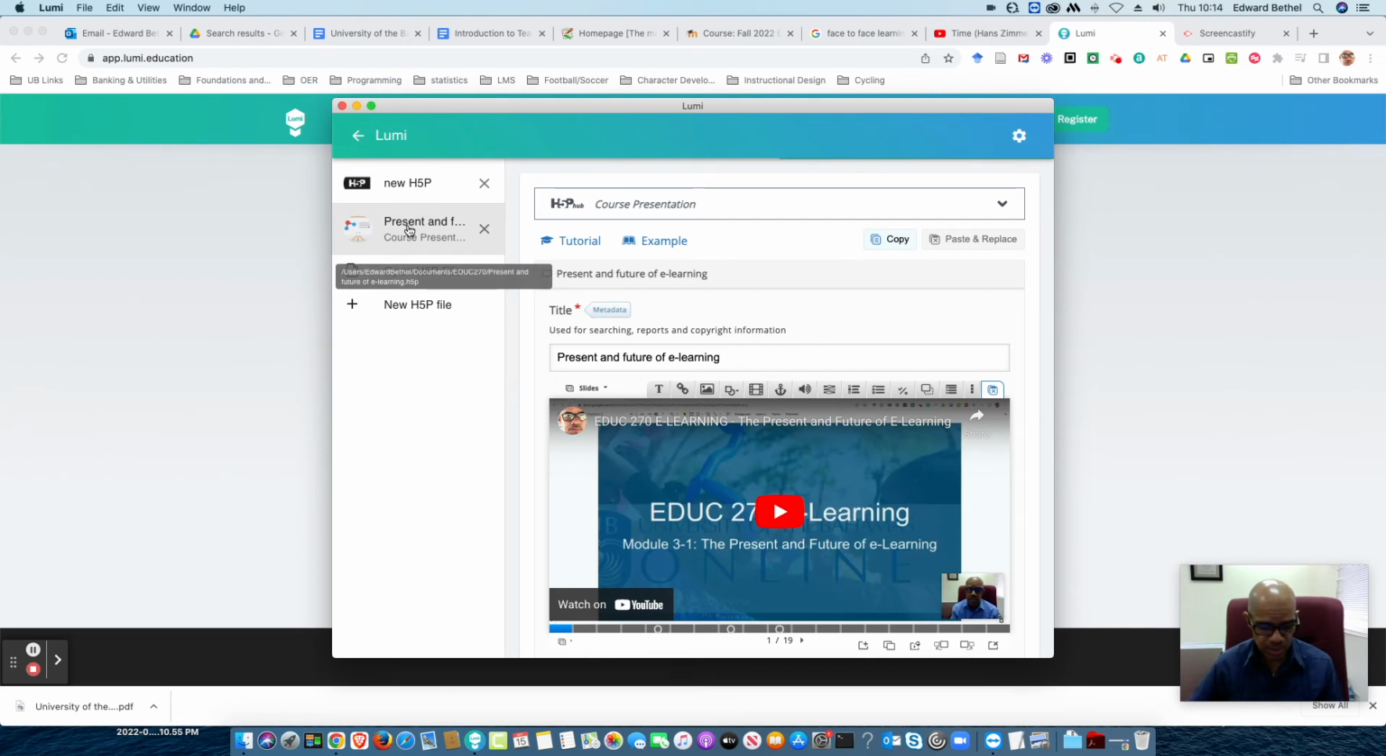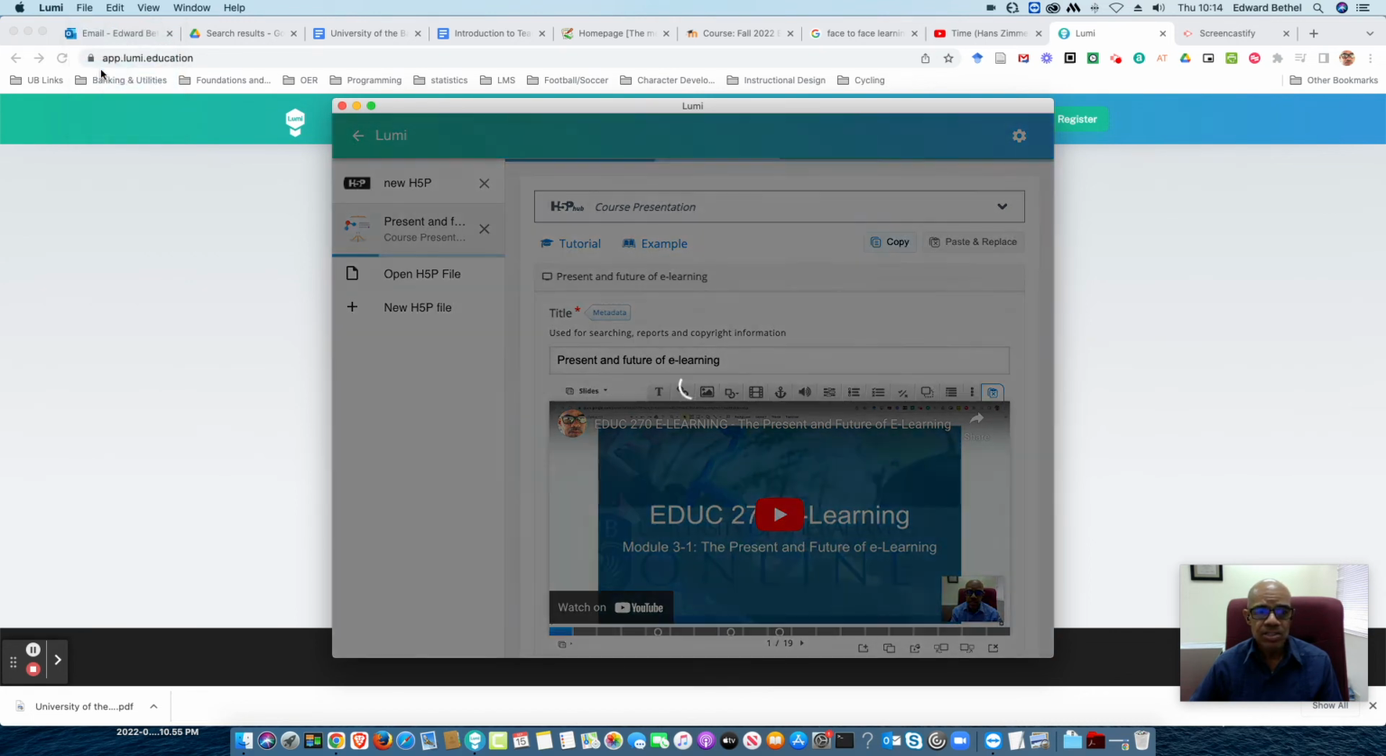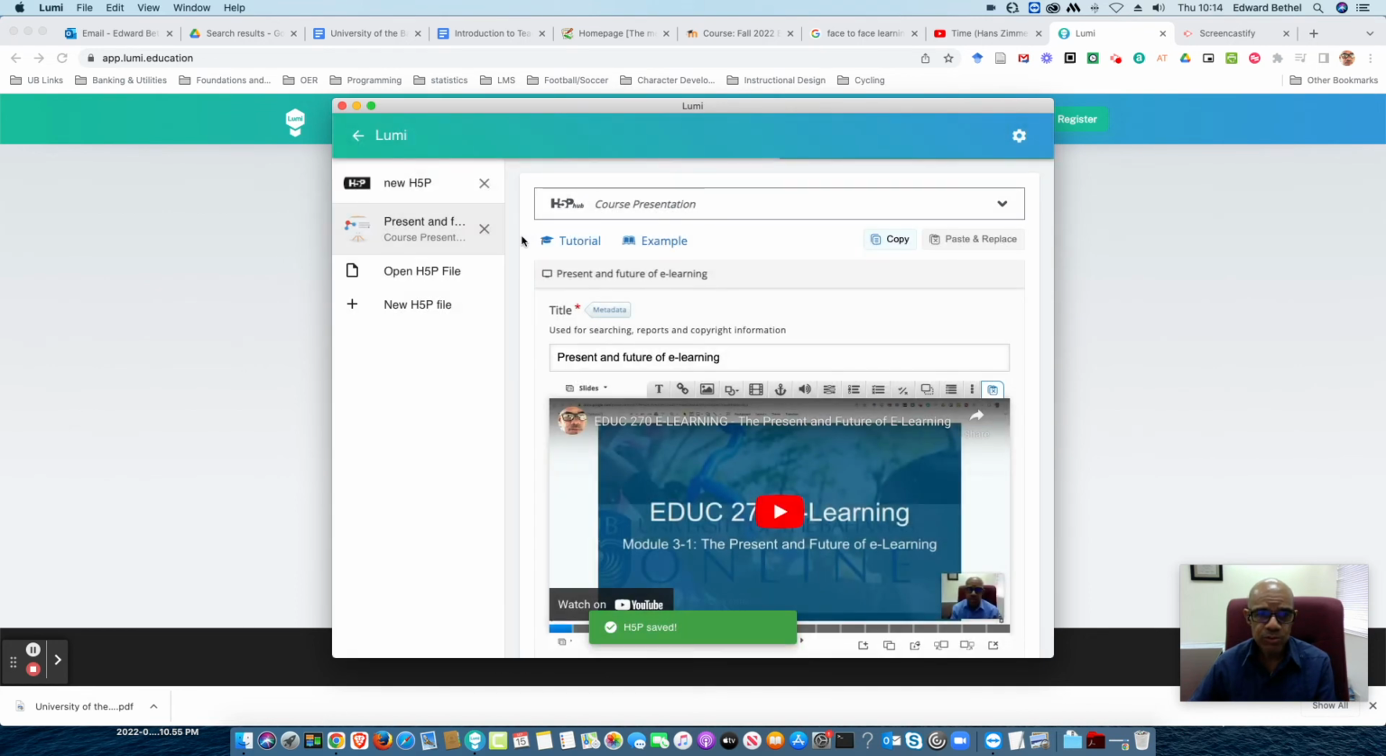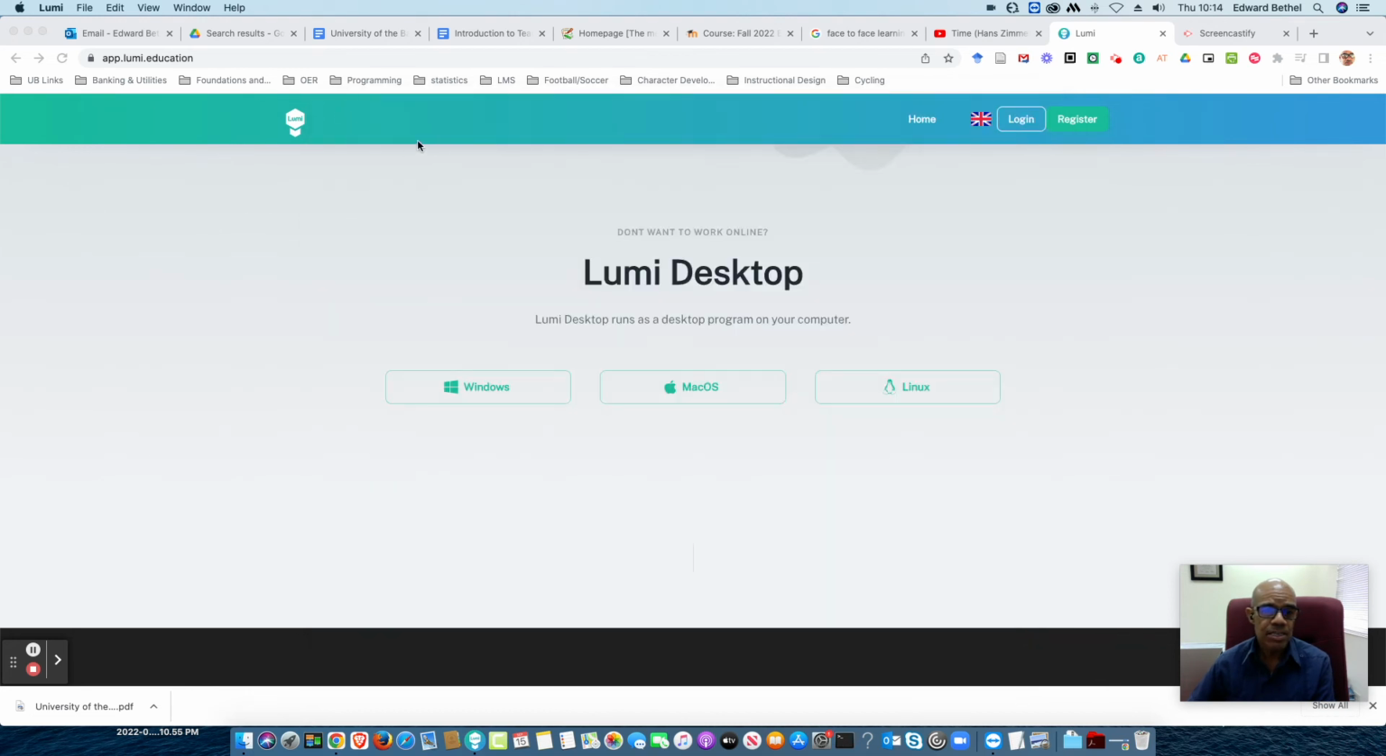And you can save it either by doing Command or Control S, or by going to the Lumi menu up at the top, selecting File, and then Save. Note also that if you attempt to close an H5P that has not been saved, it's going to ask you to save it anyway. So just to quickly review, first of all, how you can get Lumi, go to lumi.education,